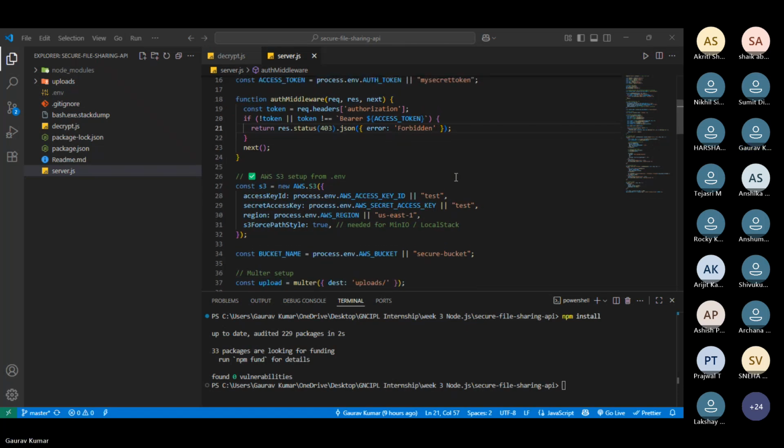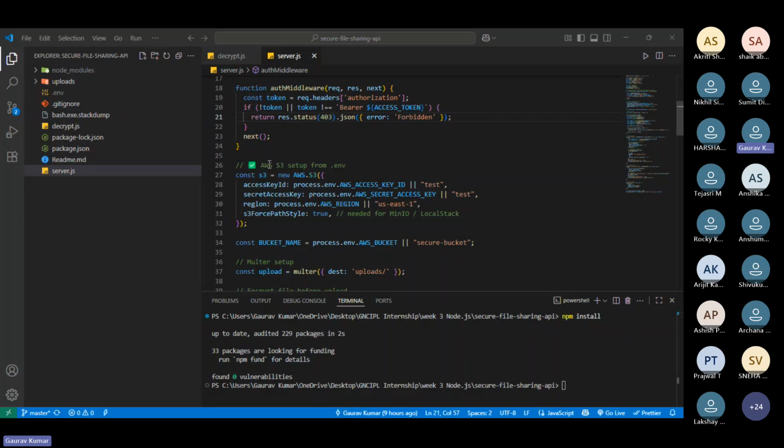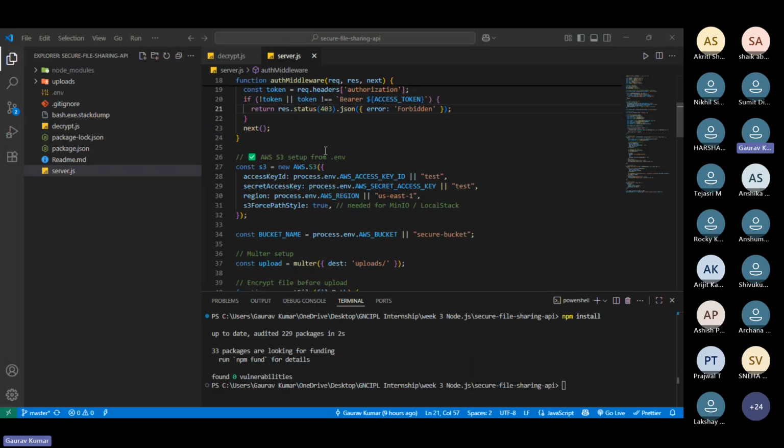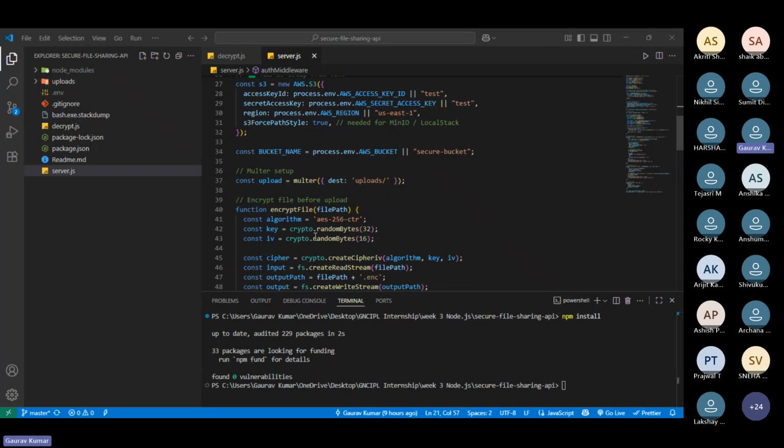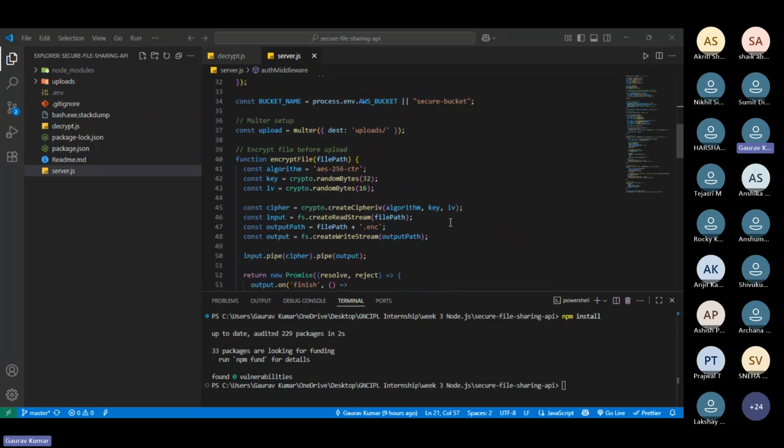I'm using a database on AWS, and an encrypted version of the code, which creates an algorithm, a key and an IV number.